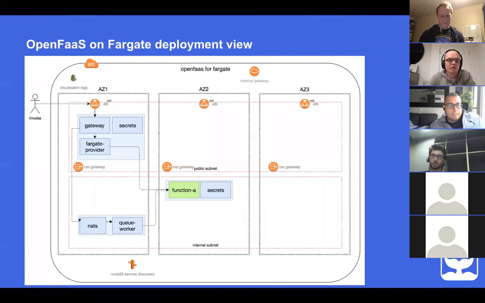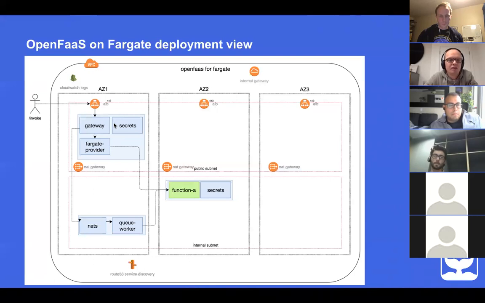So this is the deployment view of the Fargate solution. And you can see that we've got one service here at the top for the ingress, where the gateway and the provider are defined in the same service. And we've got this sidecar secrets attached, and that's used for the gateway to get the basic auth credentials, so the username and password.